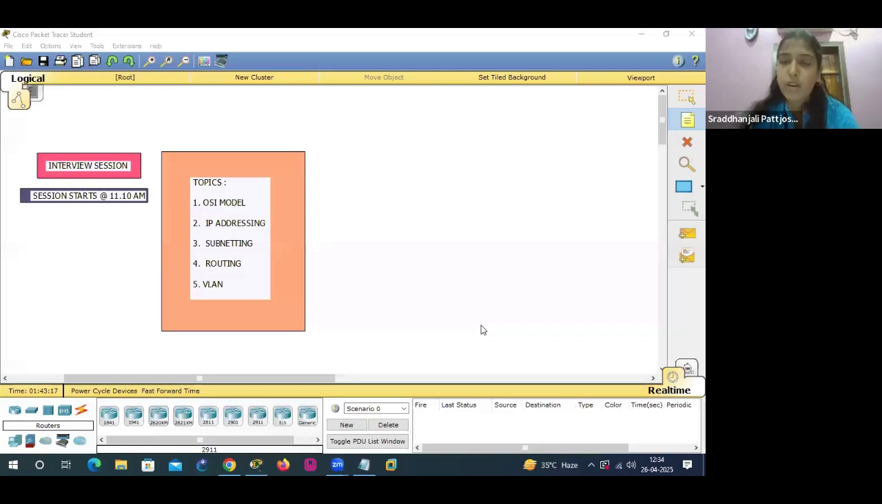And in routing, we have three types of routing. First is static routing, then dynamic routing, and default routing. Static routing is also known as non-adaptive routing. That is, it cannot adjust, and the